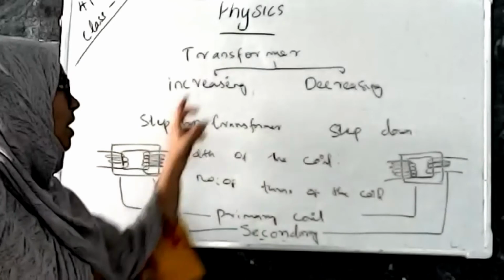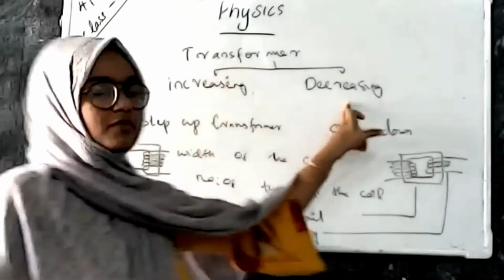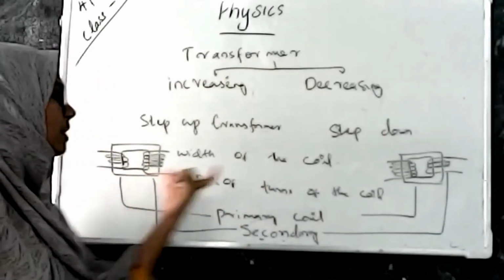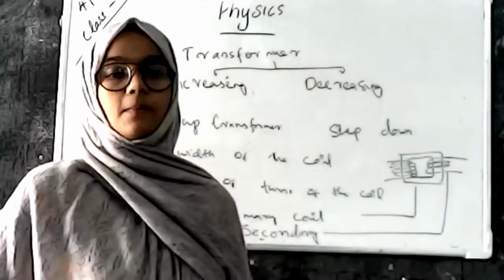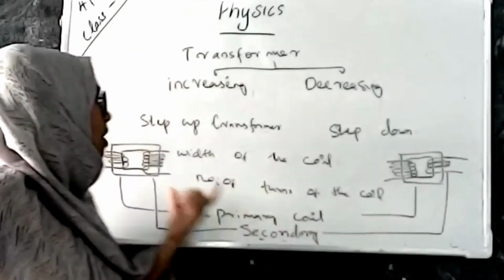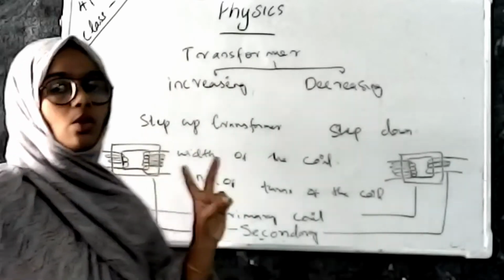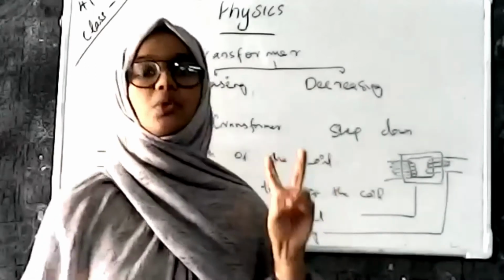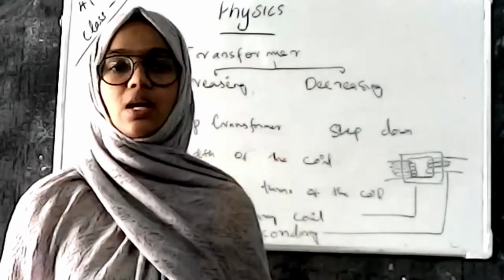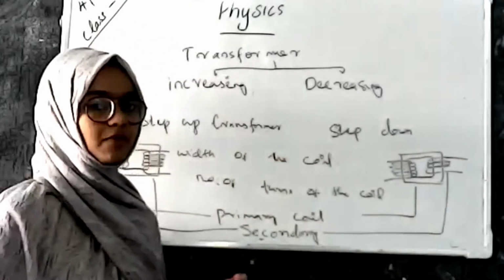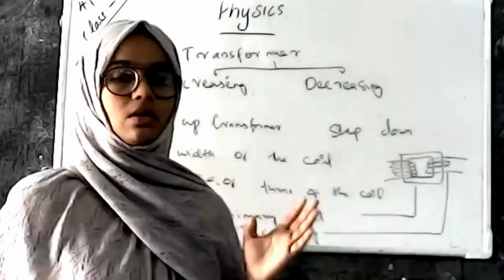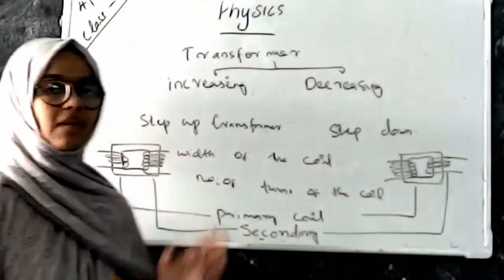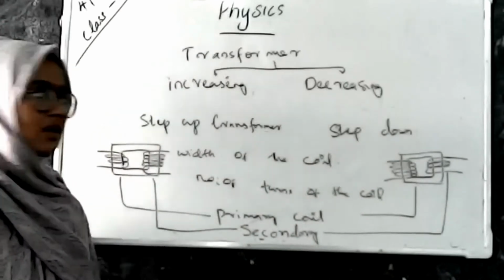So I think all of you understand what a transformer is, the two types of transformer, what the functions of those transformers are, and how they differ in their functions and in their device structure. They have two coils, a primary coil and a secondary coil, and based on their function, the two coils have different numbers of turns. Primary and secondary in both have different numbers of turns, and that number of turns is based on the function of that transformer. Okay.